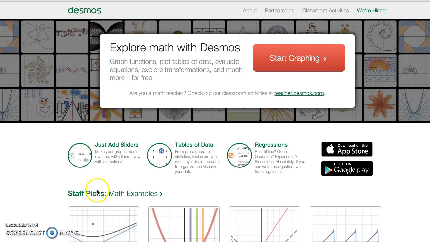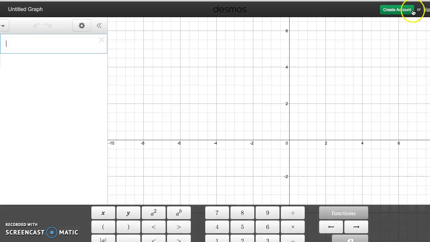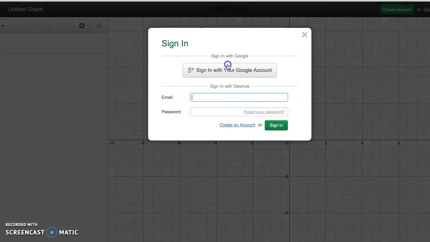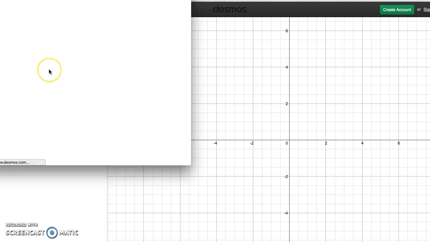Okay, so I'm just going to give you a reminder here about how to use Desmos to do a regression line or best fit line. So we're going to go ahead and start graphing. When you do so, be sure to sign in. Okay, click the sign in button there so that you can